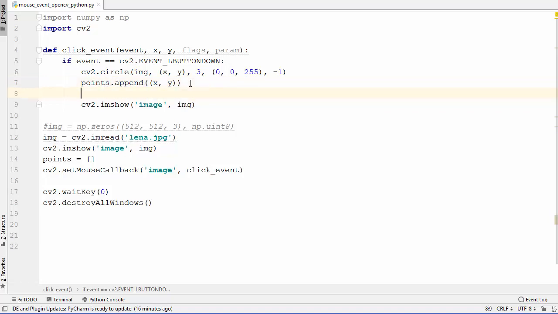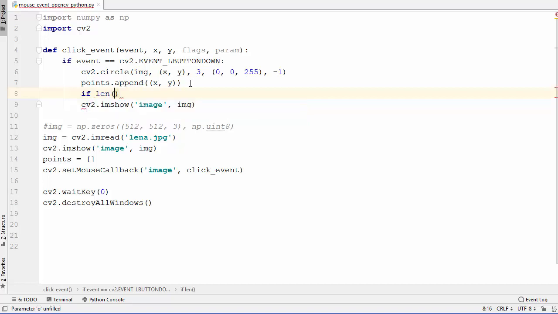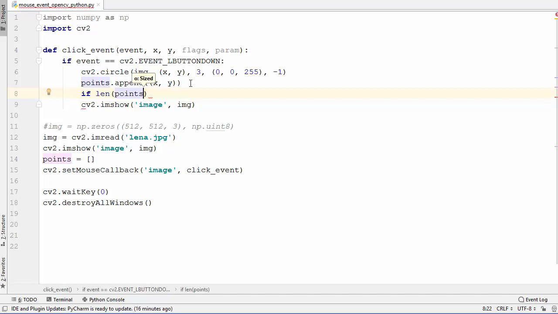Now in the next step, if the mouse is clicked 2 or more times, we can test the length of this points array, and if the length is greater than or equal to 2, then we connect.